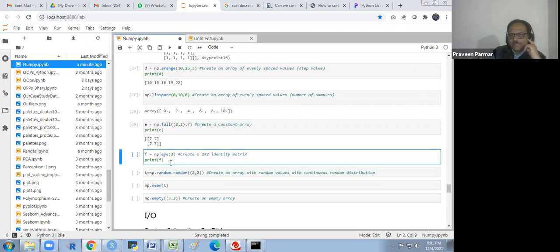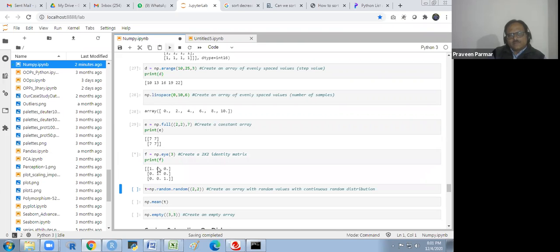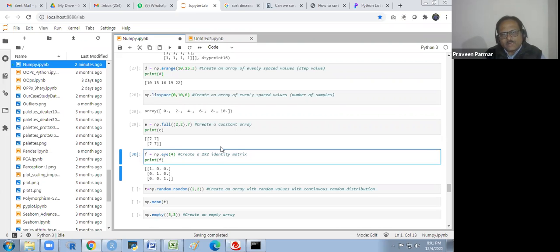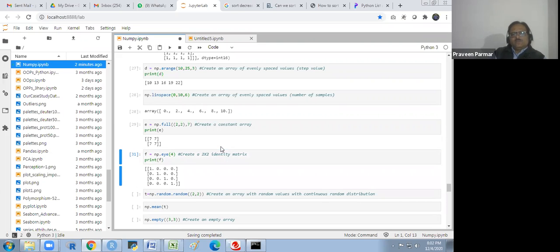If we want to make an identity matrix, you know that the diagonal element value would be 1 and the others would be 0. So when I write I3, I will get this 3 by 3 identity matrix. If I write 4, I will get the 4 by 4 identity matrix. If I write 2, I will get the 2 by 2 identity matrix. Does that make sense to everyone?